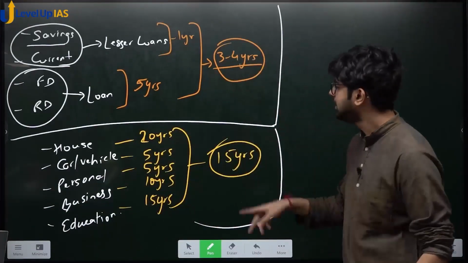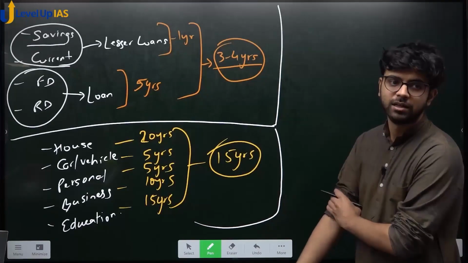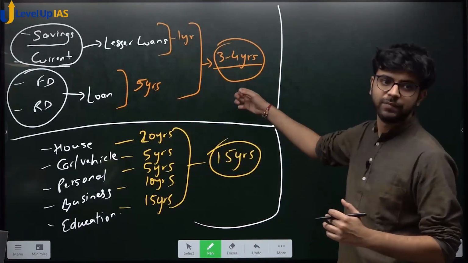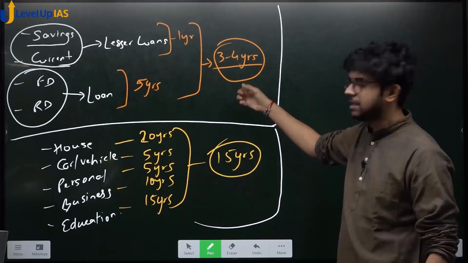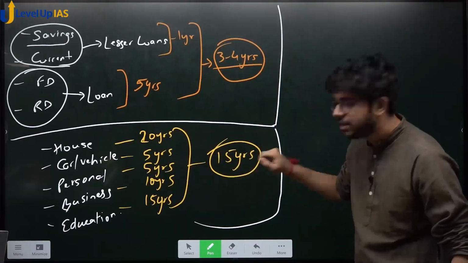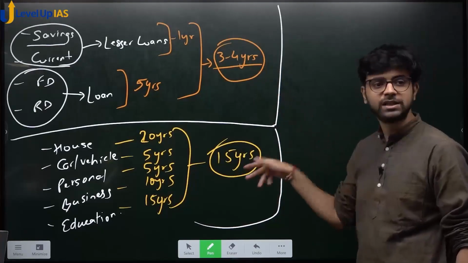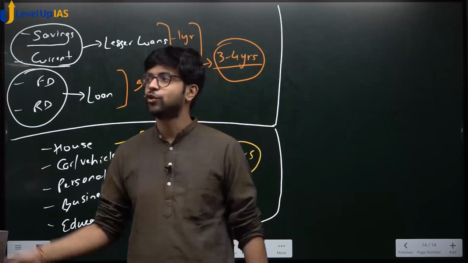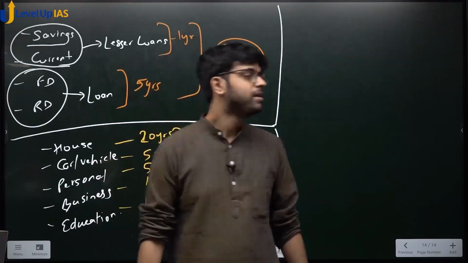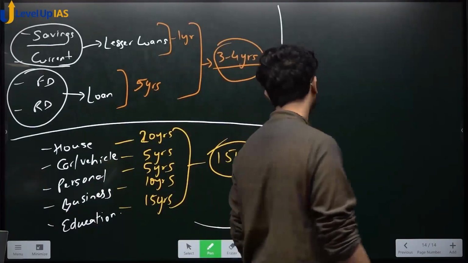So here, can I say banks will run into trouble? Banks got money today. They have to repay the depositors after 3 years. They gave a loan, but they will receive money after 15 years. What will happen after 4 years? They will have no money. They will have less money. They will have to ask for capital. They will have to ask for help and all. Is that right? This problem